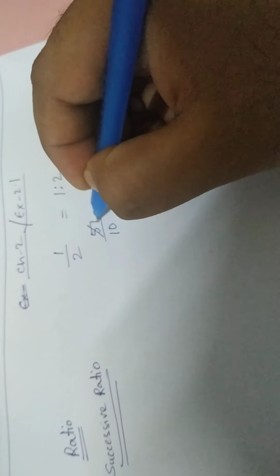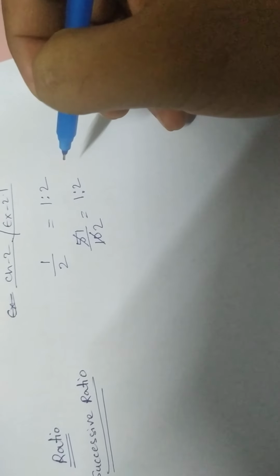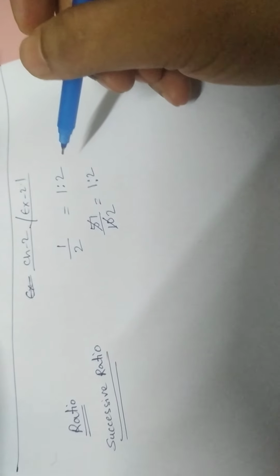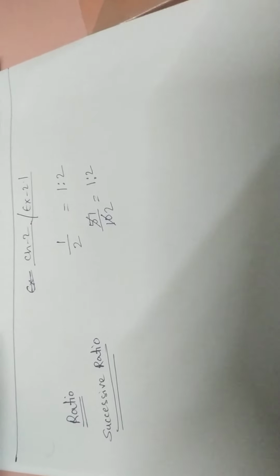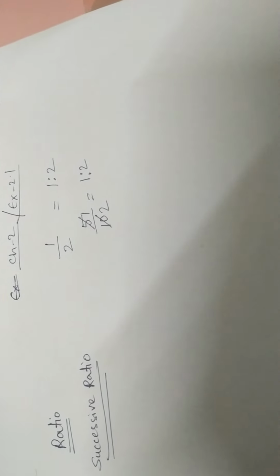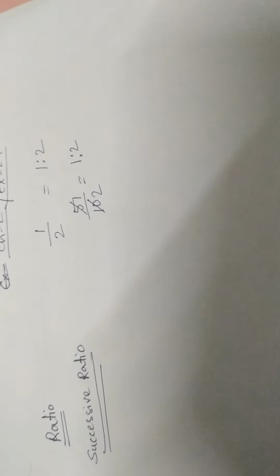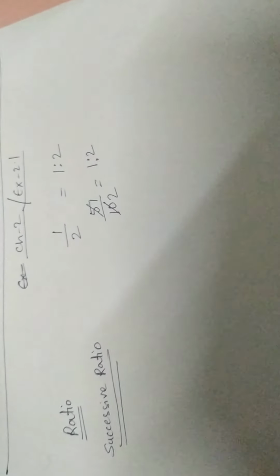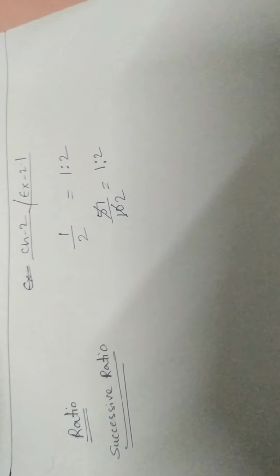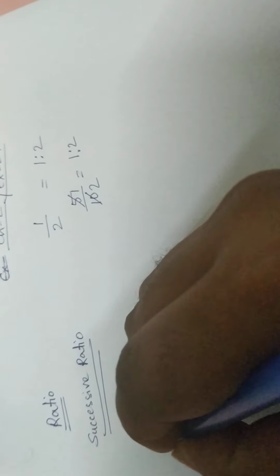Why? Because 5 ones are 5, 5 twos are 10. So the ratio needs to be written in the simplest form. This is just the basics from class 6, which we have already learned, that is how to express a ratio. A ratio is actually used for expressing the relation between two different quantities. Let's start with a new topic, that is ratio